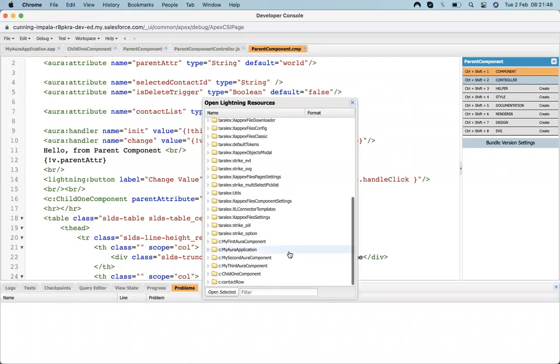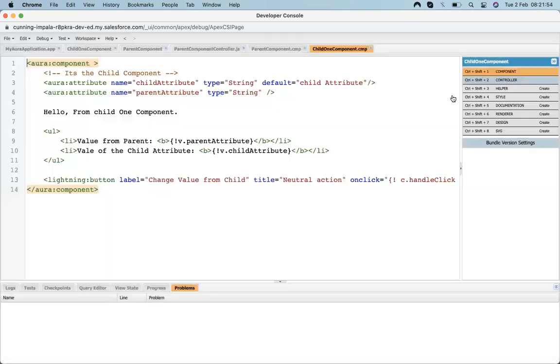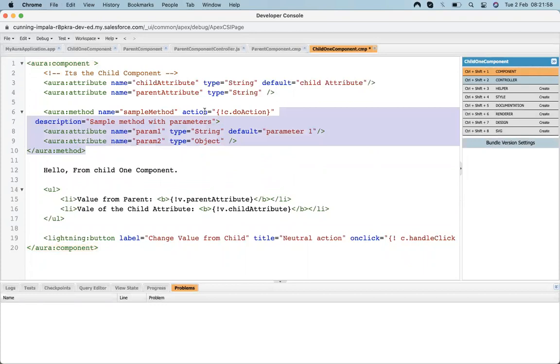Open the child component. In child one component, design a method.